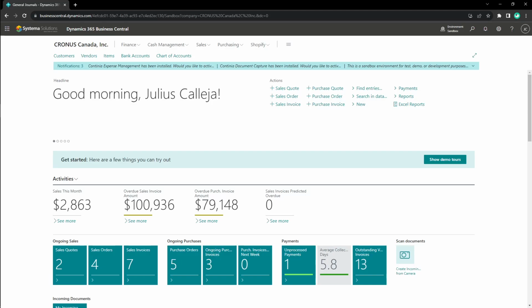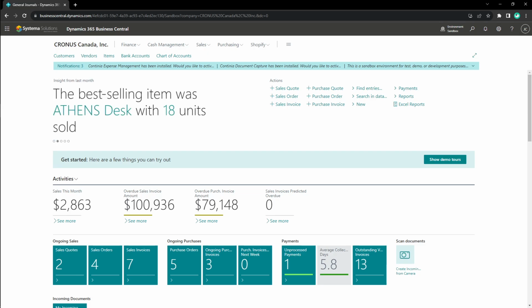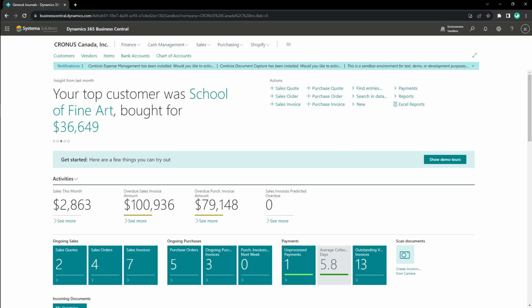Hi, I'm Julius from Sistema Solutions, and today I'll be demonstrating how to preview item journals and 20 other journals and documents before posting. The preview posting action helps you avoid mistakes by giving you the chance to review the types of entries that will be created when you post item journals or other inventory documents before you commit the